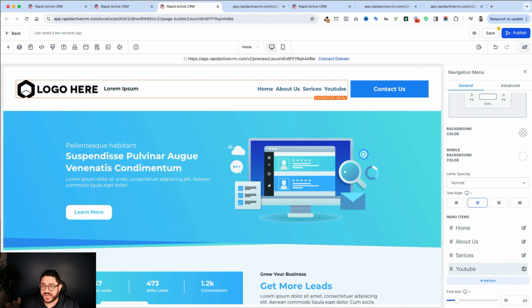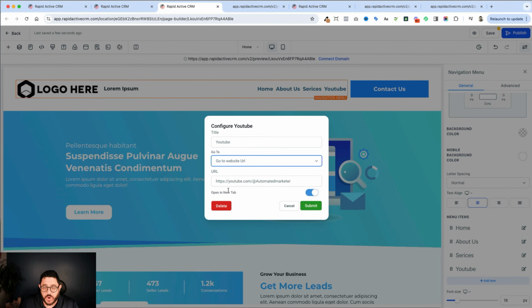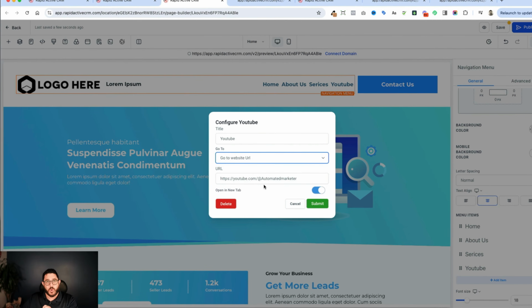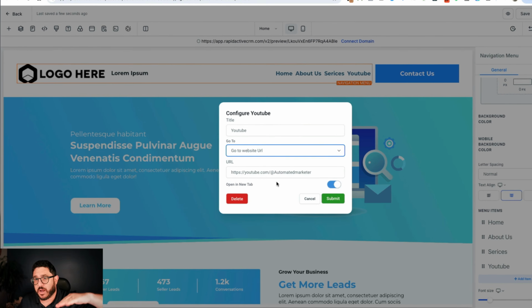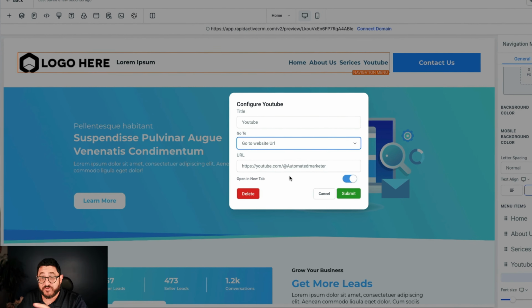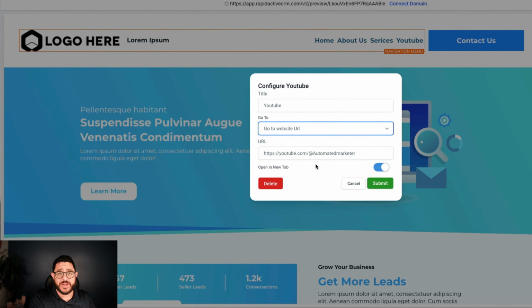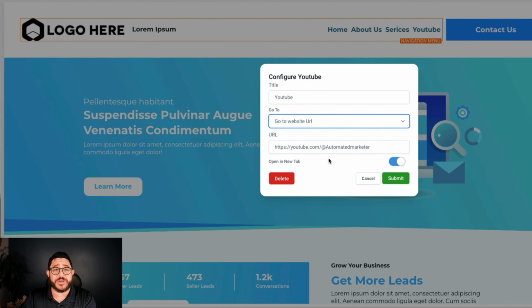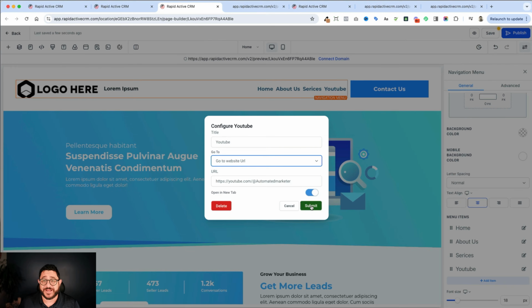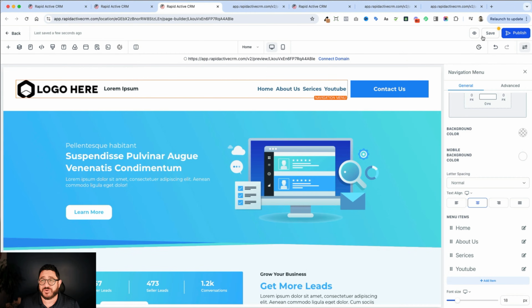Actually, there's one other thing I need to show you before I do that. You see how this says open a new tab? Because often if we're going off-site, we want to open up the menu item in a new tab. If we're staying within our site, we don't need to do it in a new tab. But if we're going away from our site, we want to put it in that new tab. All right, so I'm going to hit submit there, and I just want to show you that really quick